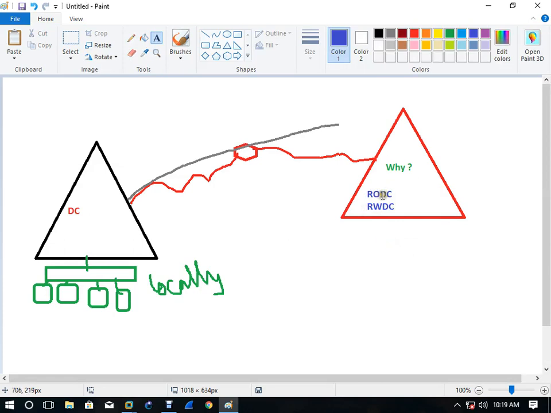If you give RODC, it means the administrator cannot modify this server from this location. Whatever you have to do, you have to come here and modify. So all the modification will be sent from the DC to that branch server.